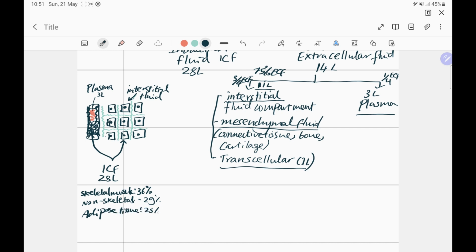This is around 25%. And then you have bone. Bone is 10% of your body weight. So 10% of your body. You can just put everything in your body, every cell, every tissue, into these 4 categories over here. Okay, so you could see that adipose tissue takes 25%, skeletal muscle 36% over here, and adipose tissue is 25%.